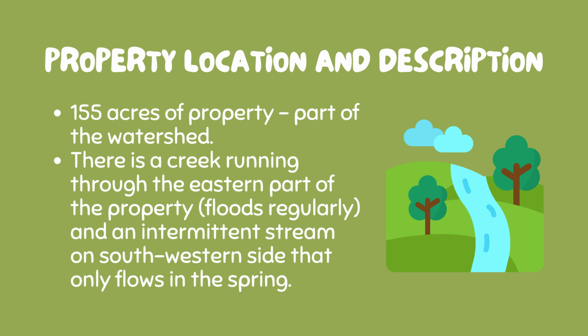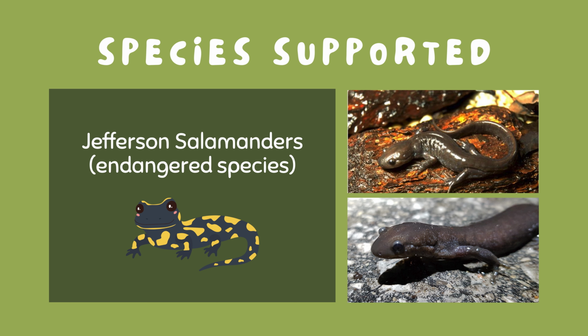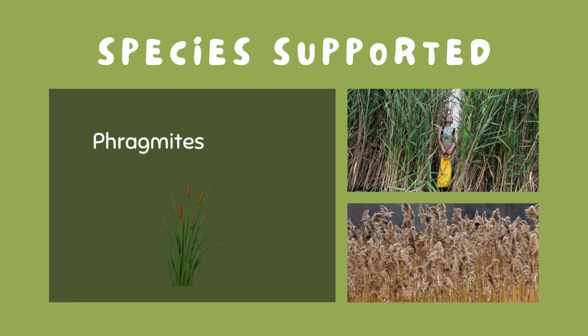The retired agricultural land is also home to many different species, such as the Jefferson salamanders, an endangered species that prefers steep, rocky areas and relies on the creek for breeding. You will also find Phragmites australis, also known as European common reed, an invasive species that is known for taking